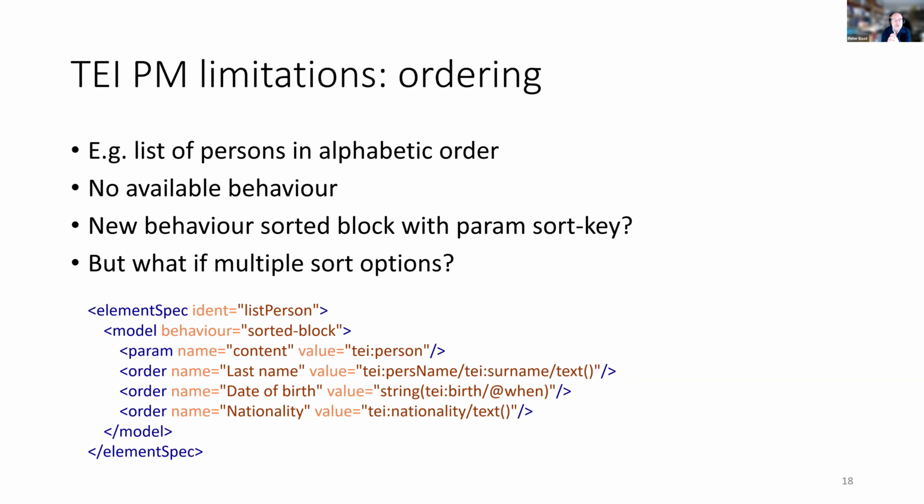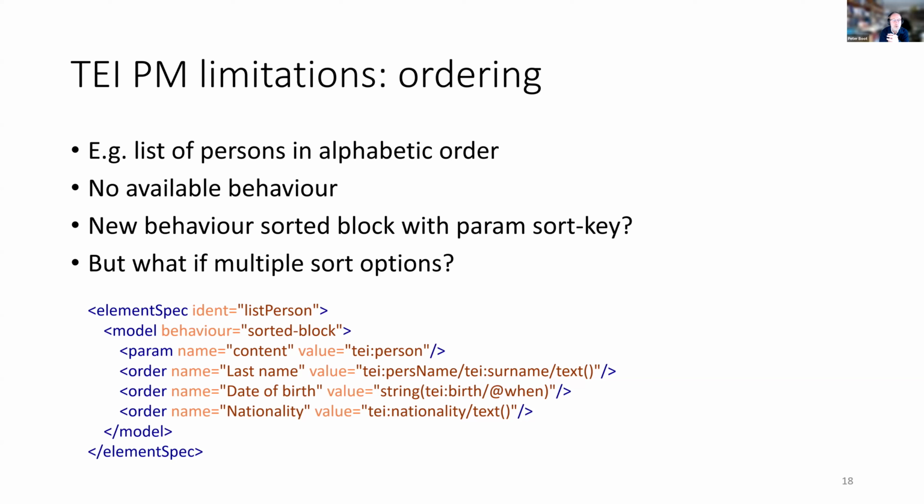The next case that I want to discuss is ordering. At the moment in the TEI processing model, there are no facilities for grouping or sorting. You can only produce documents in output in document order, mostly. Of course, I can create a new behavior, like say I have a list of persons that I want to display in alphabetic order. I can define a behavior sorted block, and I use a parameter for the sort key. But say if I have multiple sort options, well, I could probably still do something using parameters, and then